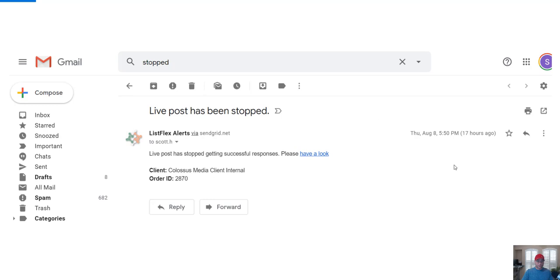Now, the emails are going to look something like this. Hey, there's an order that's broken. A little bit of information. Click on the link. Takes you right to the order. And again, the first thing that you want to do, though, when you get to that order, is go to the lead delivery report and the post logs, those buttons at the top of the order, and that'll help